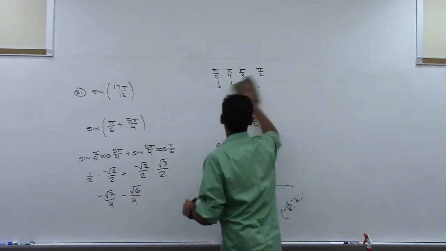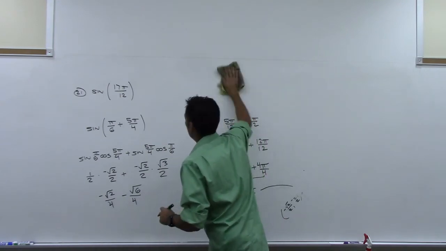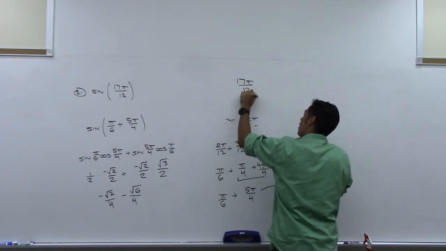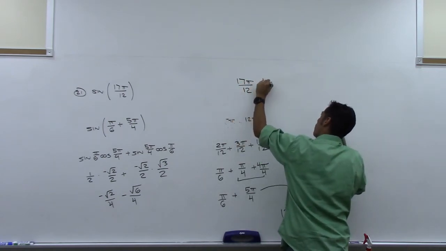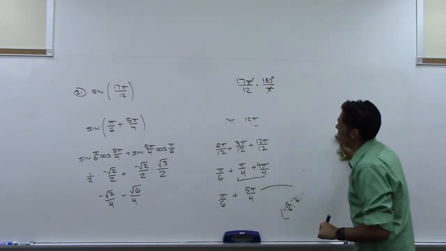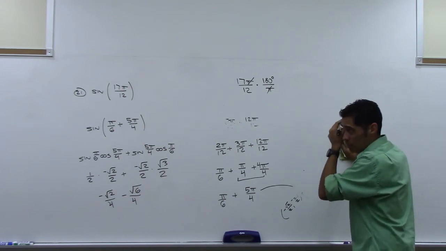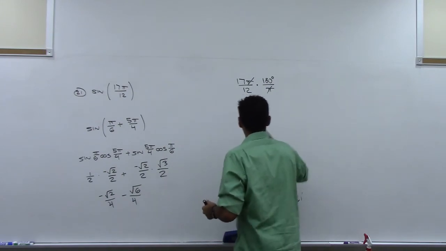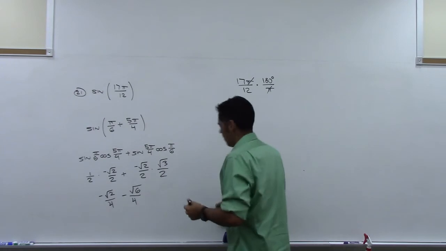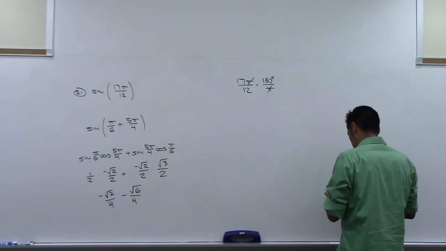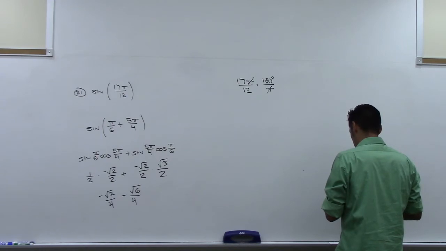There is another way. It's kind of cheating, not really, but what you could do is take 17 pi over 12 and multiply it times 180 degrees over pi, and then get rid of your pi's and figure out what this is as an angle in degrees. And then sometimes it's easier to come up with those common angles. So like if I did that on my calculator real quick, 17 times 180 and divide that by 12, I get